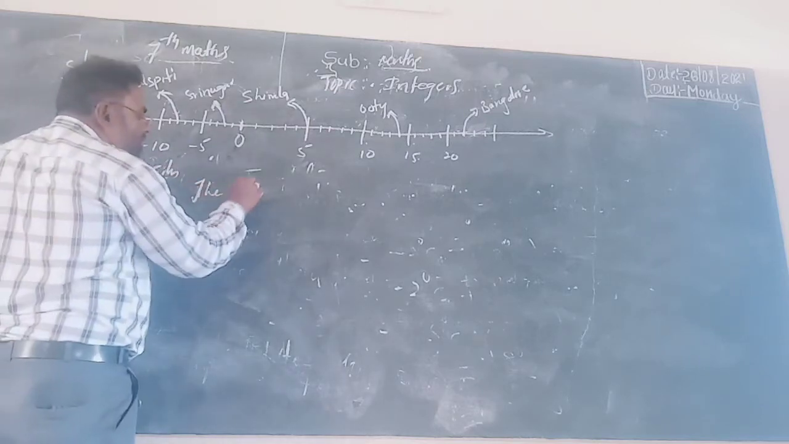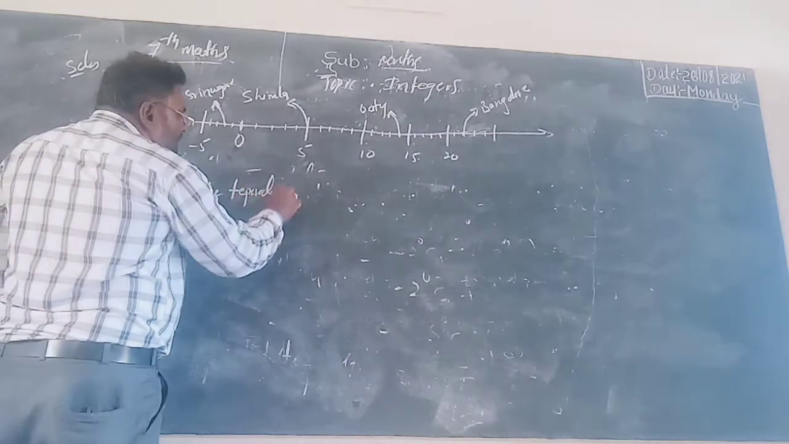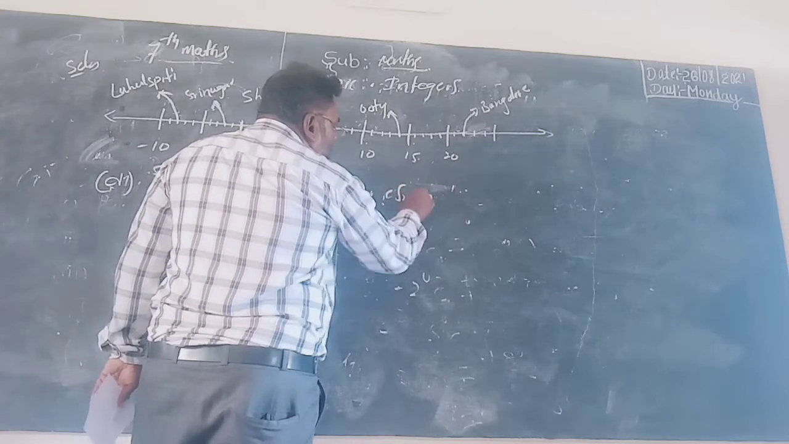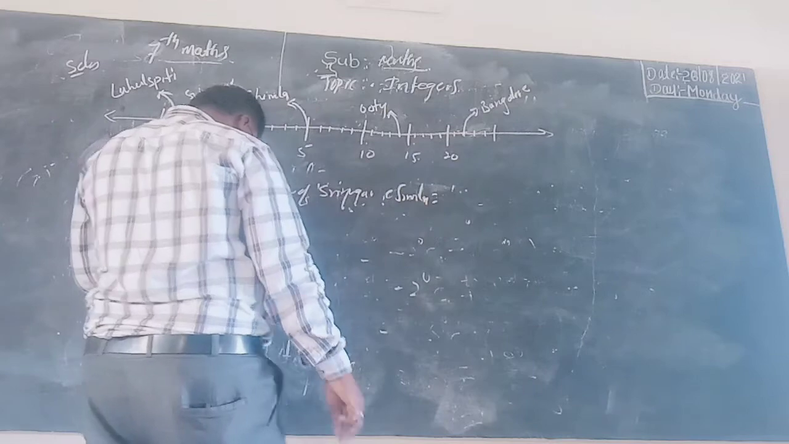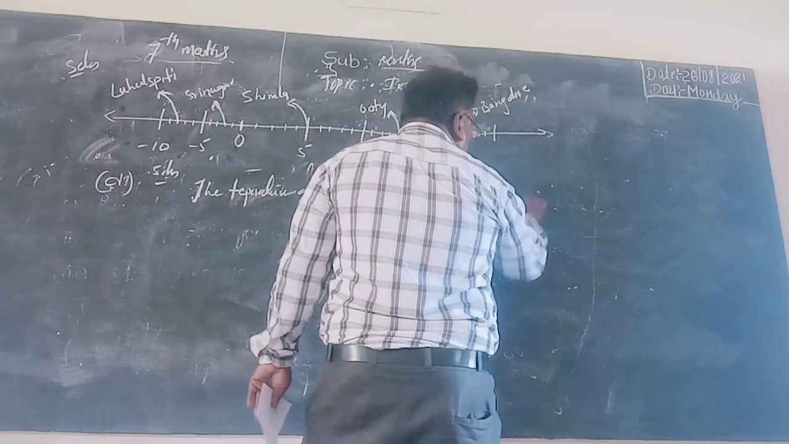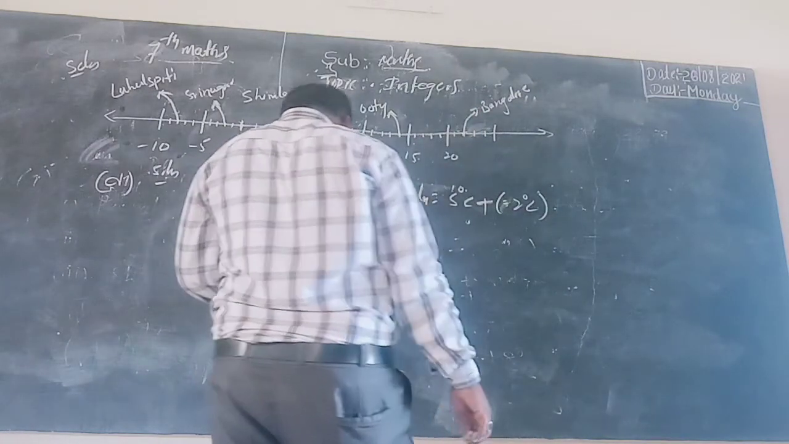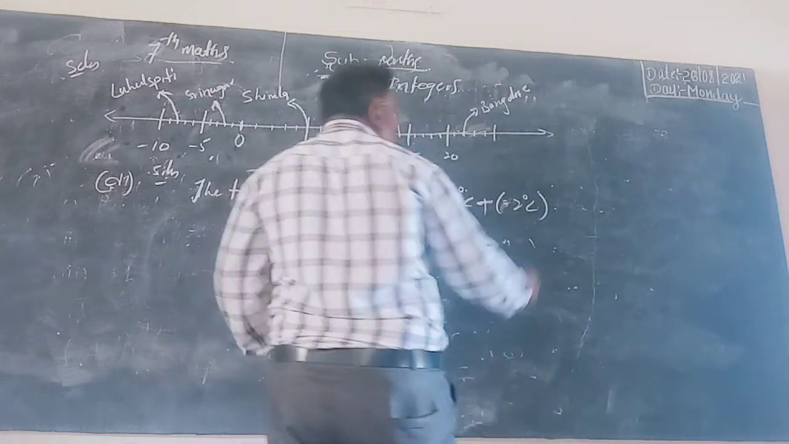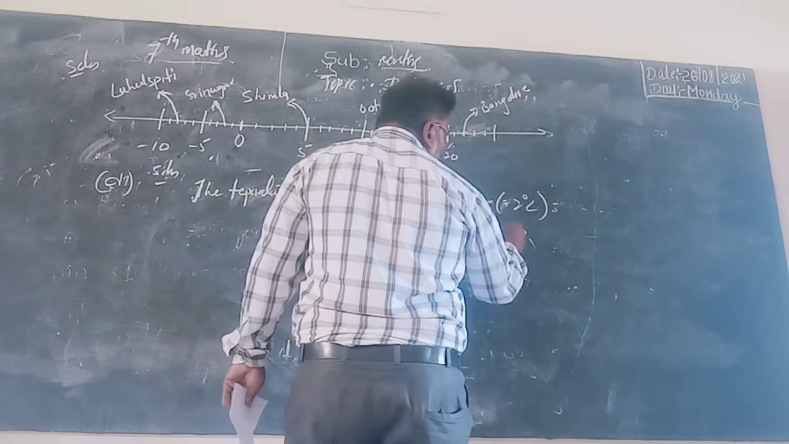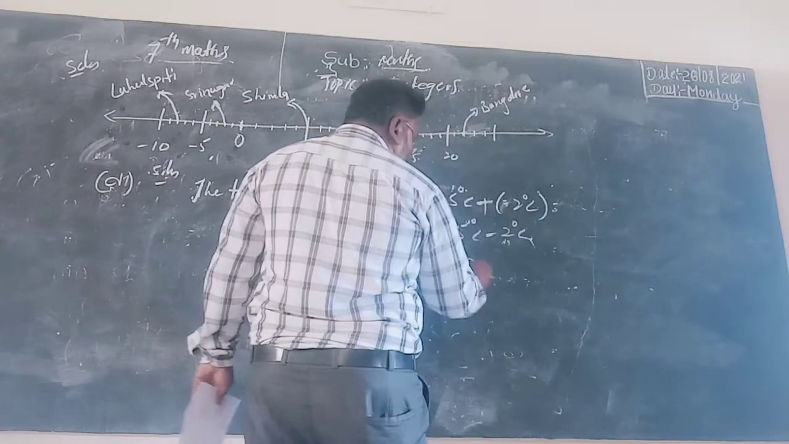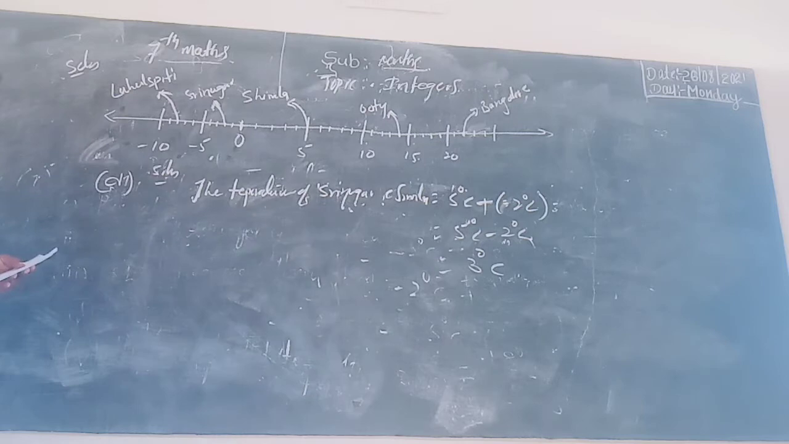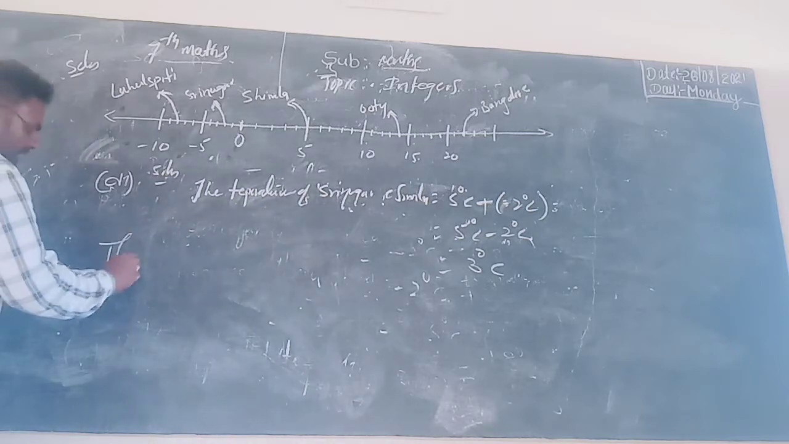The temperature of Srinagar and Shimla is equal to 5 degree centigrade plus minus 2 degree centigrade, which is equal to 5 degree centigrade minus 2 degree centigrade. That is equal to 3 degree centigrade. The temperature at Shimla, next,